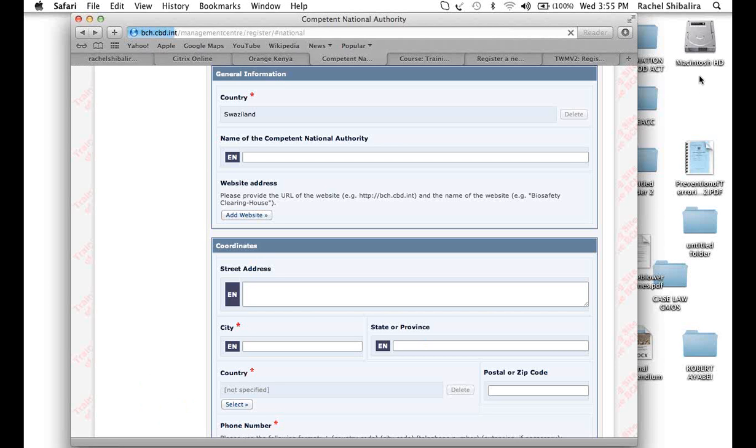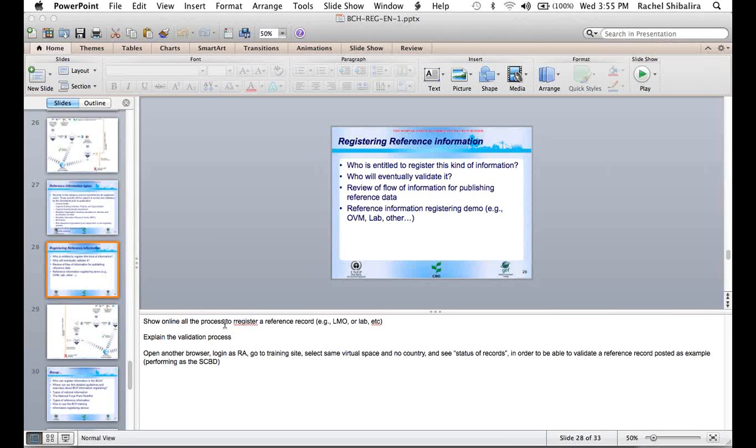Once the record is published, because the person is the national focal point, the information goes straight to the Secretariat, and the Secretariat is able to publish it as the national information. On the other hand, if it was the national authorized user, the same process follows. The national authorized user,